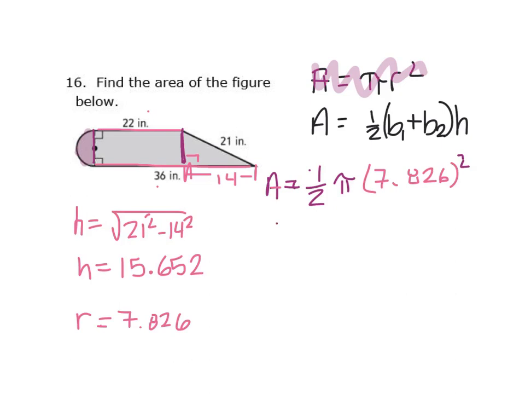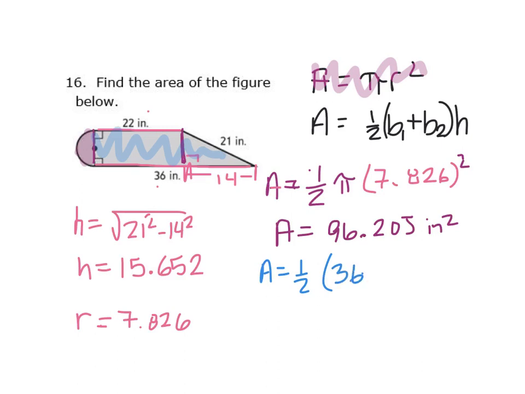So the area of our semicircle is going to be about 96.205 inches squared. Then we can go ahead and find the area of the trapezoid. And we'll follow our formula. It says area equals 1/2 the sum of our bases times the height, which we found to be 15.652. Following your order of operations, we get an area of